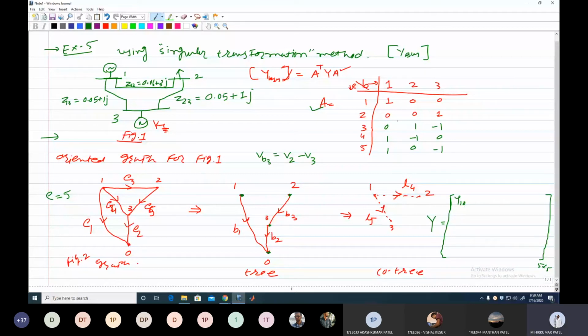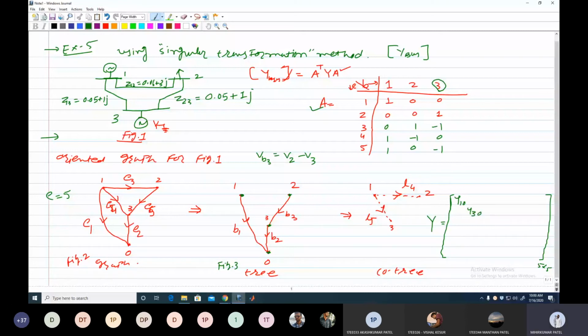Same way, the second element, here it is 0, 0, 1. That means at 3. Or you can refer also to figure number 3. See, the second element is connected between 3 and 0. That means the third generator, which is connected at the reference node, or bus number 3 with respect to reference. It is Y30. Clear? If Y30, then the third element.